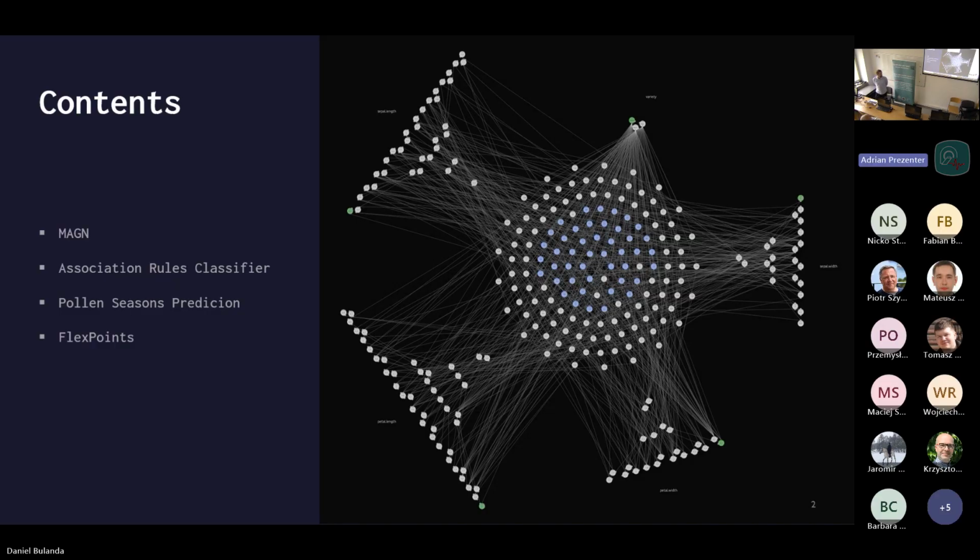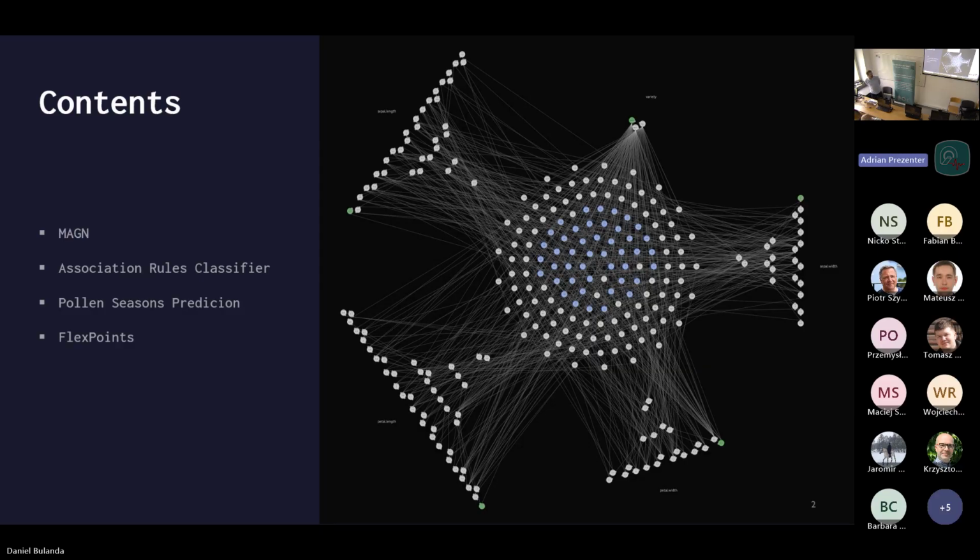The third part is a bit different, but connected to those two, and is about pollen seasons prediction. We use data from the University about pollen season for birches and grasses, and we also use MANN, among other classifiers,